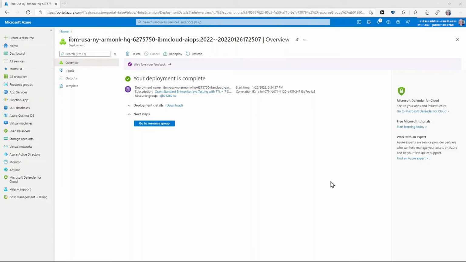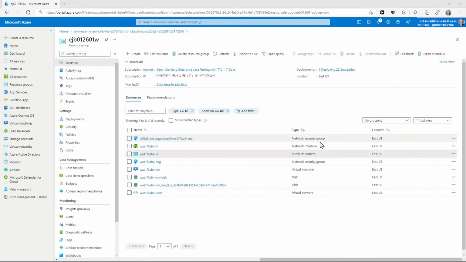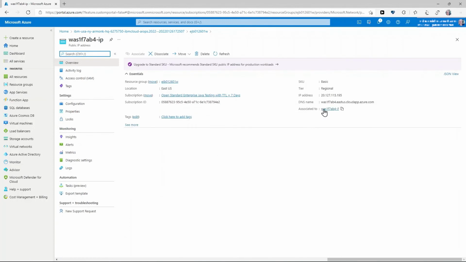Now that the resource has deployed, we can log into the WebSphere Integrated Solutions console. We'll go to the resource group. We can see that a number of resources were deployed for us. We will select the public IP address for the admin and single node server, copy the address to the clipboard,